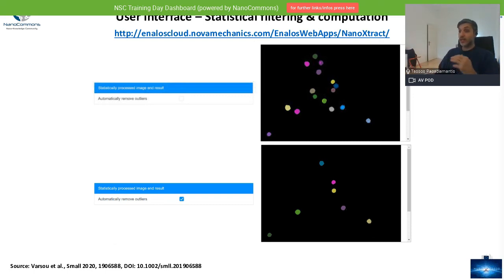And if an identified particle deviates significantly from what has been identified as the normal range, then it will be excluded. This has the problem, on the one hand, that if your nanomaterial deviates from the normal range for one of the 18 descriptors, then it will be eliminated. On the other hand, it's very useful when you reach this point and for some reason you are not able to eliminate things like scale bars because of strong contrast between the bar and the background of the image and so on. In this case, the tool would pick all these things up and eliminate them